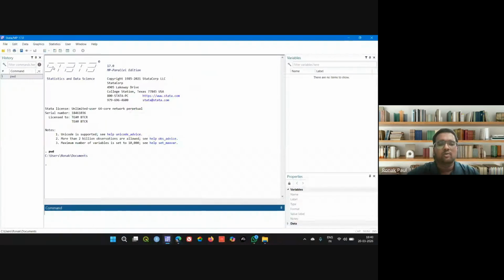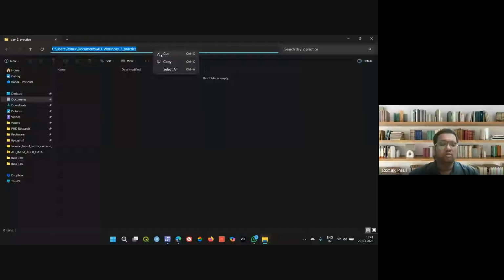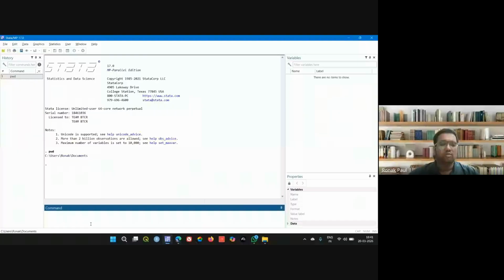Now, as I was saying, to let Stata know which folder we're supposed to be working in, since we have already made this folder here, you click on the address bar, and the full path address of this folder gets displayed. The cd command in the command bar is the change directory command. When you use this, it tells Stata to load this folder and start working from here. So after typing cd,